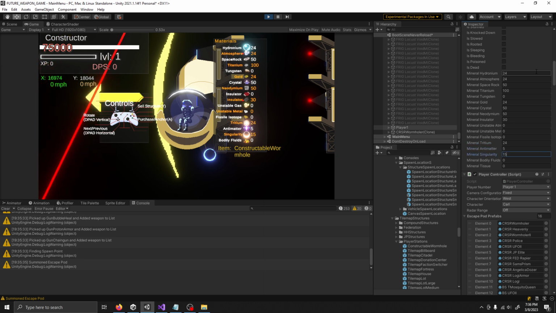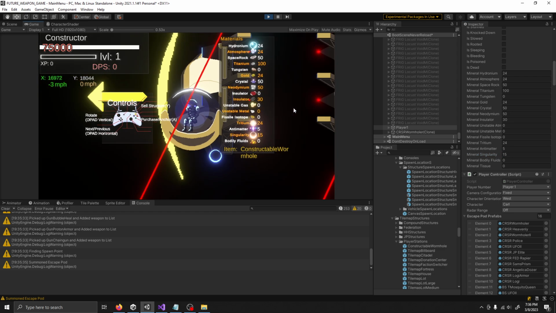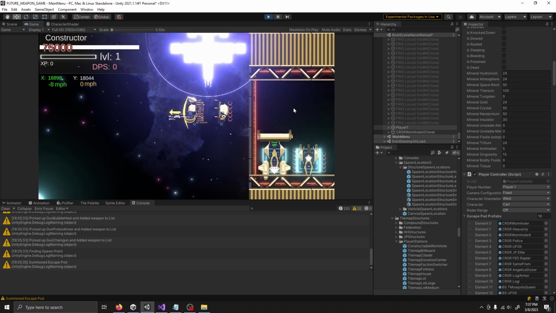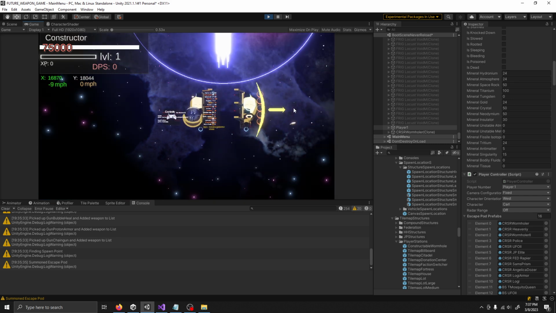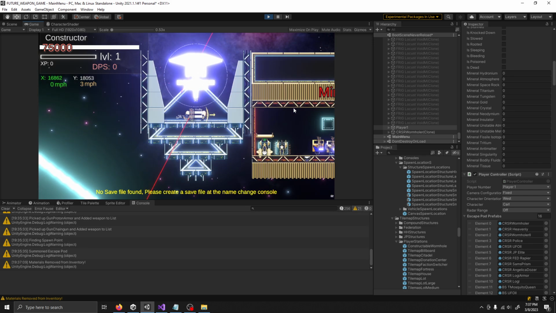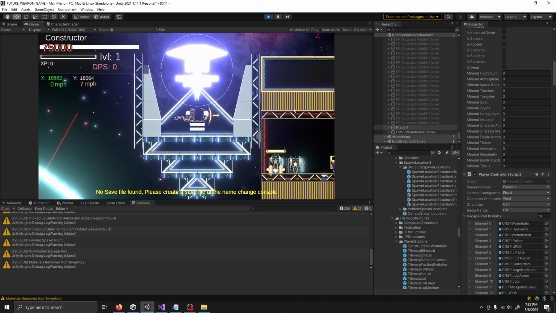Antimatter is going to be really difficult to find. So I have everything now that I need in order to build just one of these. So you figure out where you want to put it. Okay, so we want a new one here. You press A to spawn, and